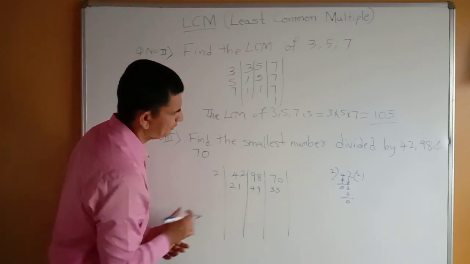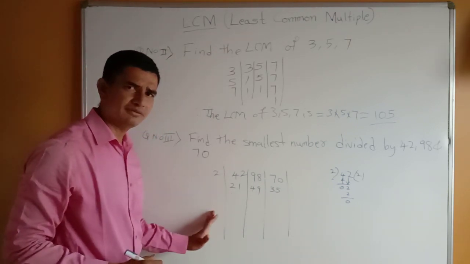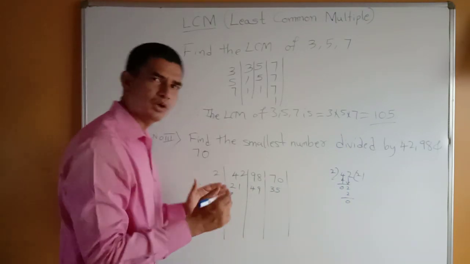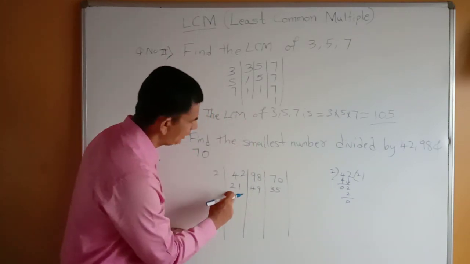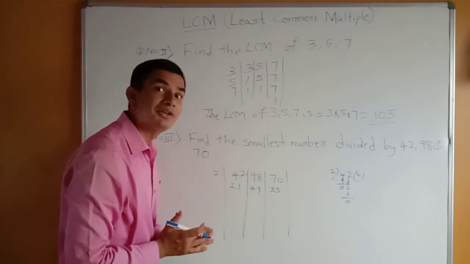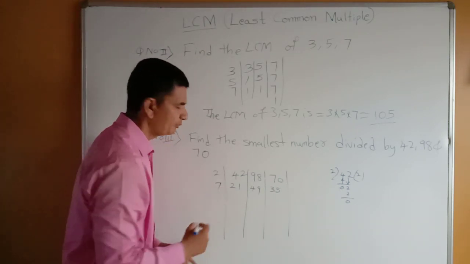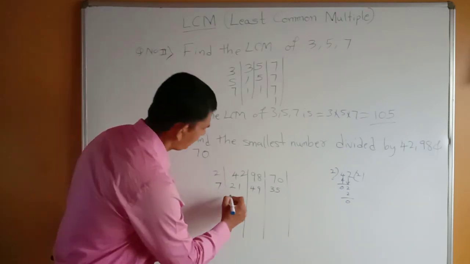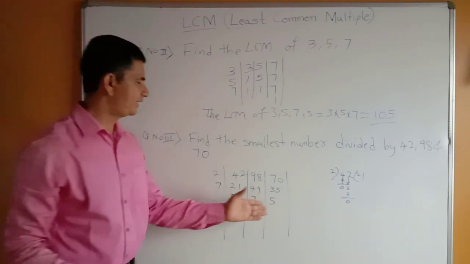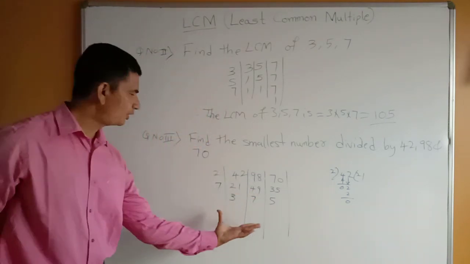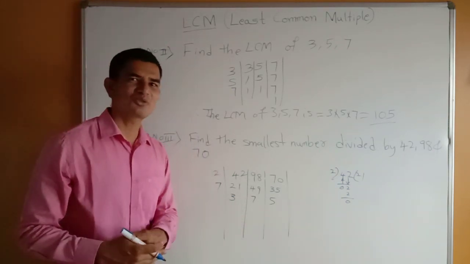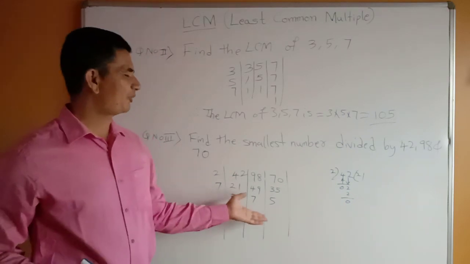One more thing we can observe here. I told you that we have to take the least number, but if all these numbers are in the same table, at that time you can take a bigger number. You have to apply that because it will save your time. Here 21 is there, 49 is there, 35 is there. All these numbers are there in the 7 table, so we can take 7 directly. The next steps will become very easy. 7 3s are 21, 7 7s are 49, 7 5s are 35. See how big the numbers are. Now you can see the numbers are small, and if the numbers are small, you will become very happy. Understood? Because you know the 3 table, 7 table and 5 table.